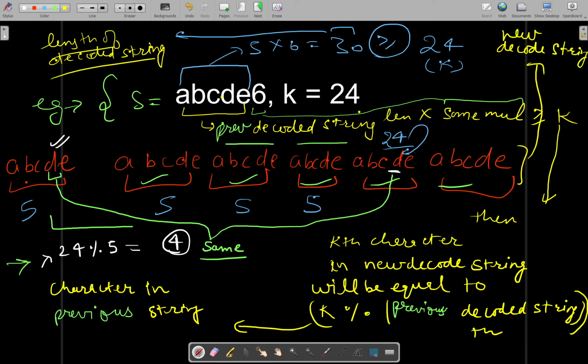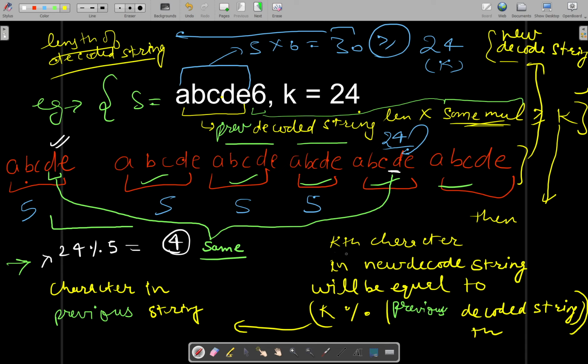If your new decoded string is some multiplication of the previous decoded string by some multiplier, here it is 6, so it will be repeated 6 times, and the length of the newly decoded string happens to be greater than or equal to k,